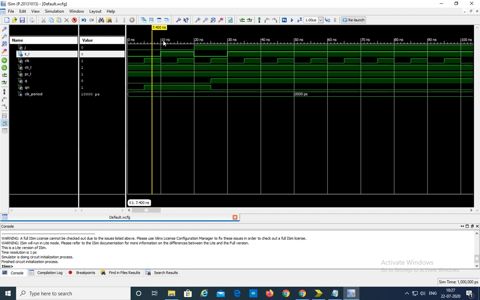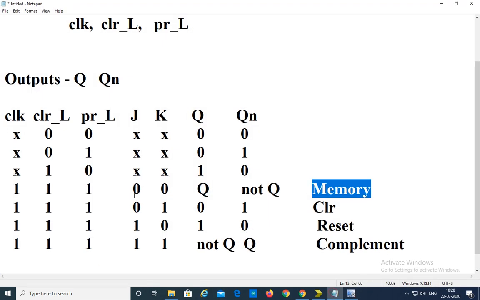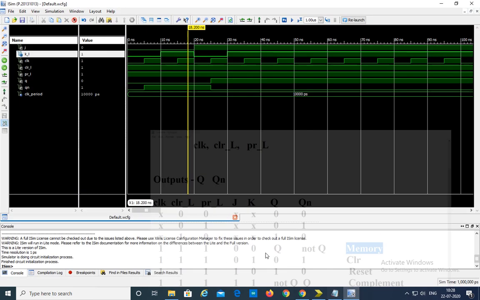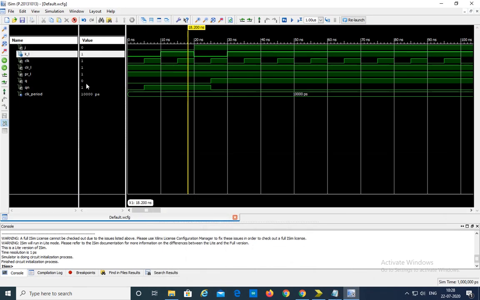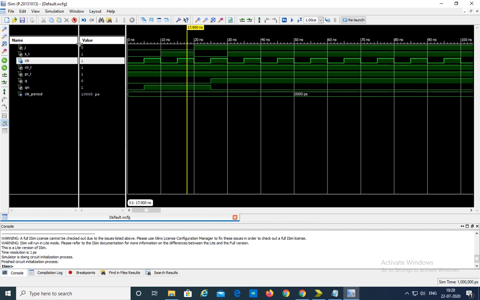So after 10 nanoseconds, after 1 clock period, we have changed the bit combination to 0 1. Here 0 1 indicates k underscore l is 1, which indicates k is 0 actually. So for the 0 0 combination, the output is the same as the previous state. The previous state we have is 1 0. The previous state output is 0 1. So for 10 to 20 nanoseconds, the combination is 0 0, so it is the same state. So the output is 0 1 only here.